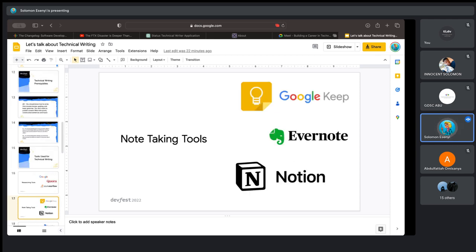So now for note-taking tools, basically any note app you have can work. So why do you need a note-taking tool? You are doing your research, you can use your notes to write key points about what you are documenting, key points about what you are researching, and then further integrate this into the article that you are going to be creating. So you can use tools like Google Keep, Evernote, Notion, and any other note-taking tools that come to your mind at all.